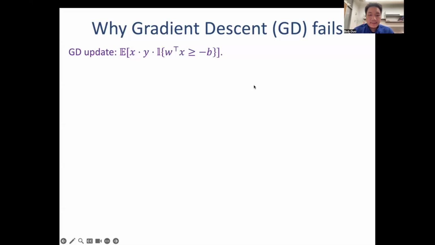Now we demonstrate that despite gradient descent being successful in the previous two examples, there are bad cases where GD would just fail to find the correct direction. In fact, it would update W in the incorrect direction. The challenge comes from the highly negative bias regime, namely where the optimal bias B is much smaller